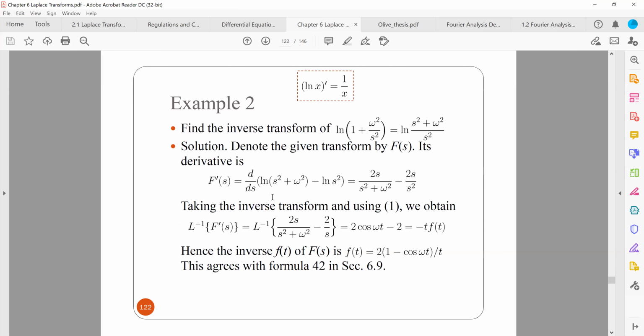So we have an example here as well. You're given to find the transform of ln, the natural logarithm, of 1 plus omega squared over s squared, which we then turn into an improper fraction: the natural logarithm of s squared plus omega squared divided by s squared. Now, in here, then we apply